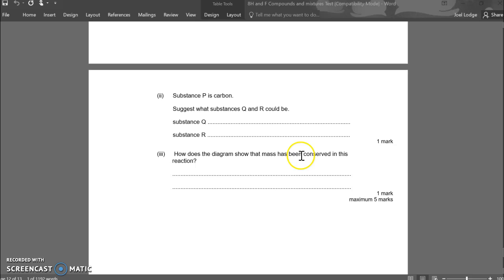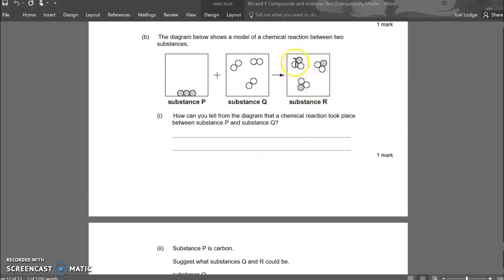How does the diagram show that the mass has been conserved in this reaction? Well, we've got the same numbers of atoms present in here as we have in P and Q. There is the same amount of each element as well, so 6 oxygens, 3 carbons, 3 carbons. If you said the same amount of elements in substance R, then it's not correct because it's to do with the same amount of atoms in the product as in the reactants. Okay,